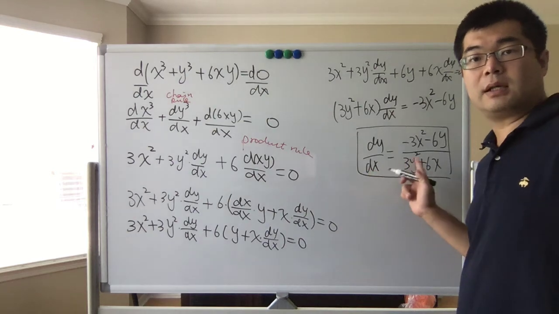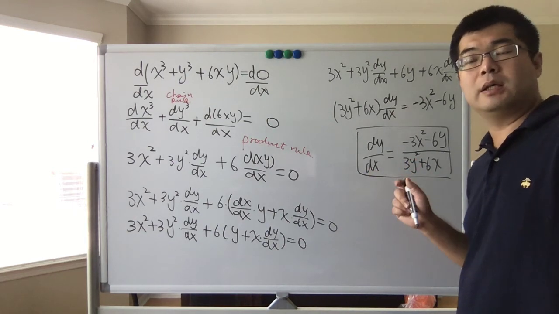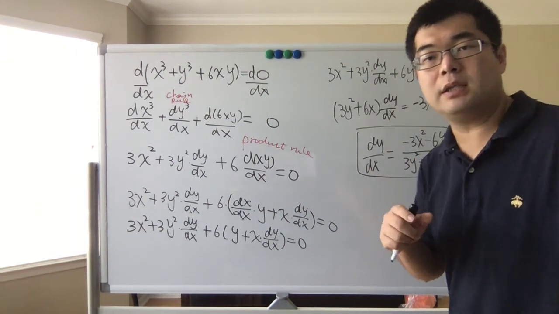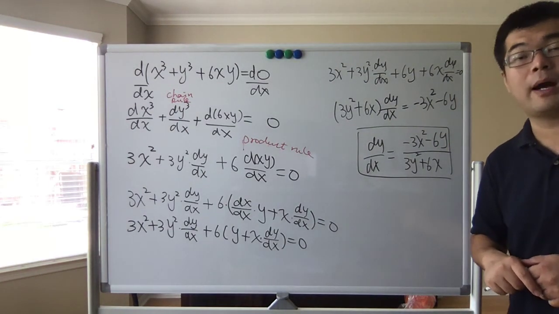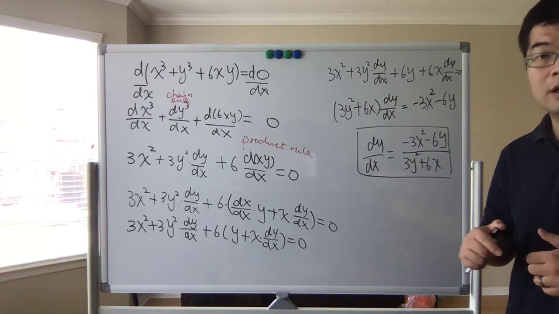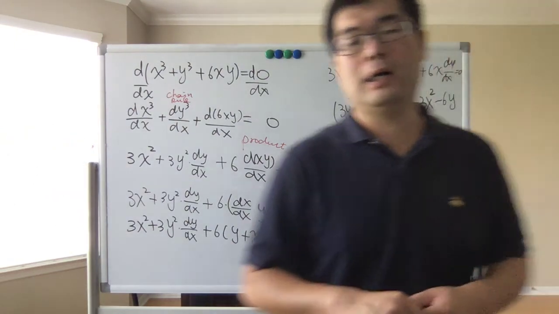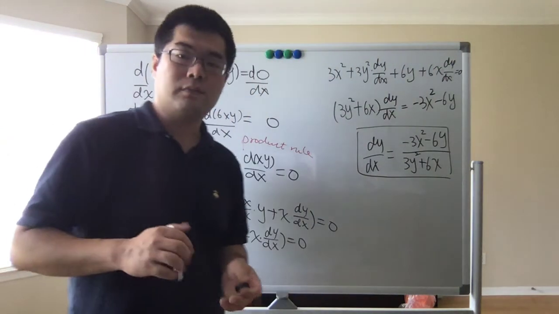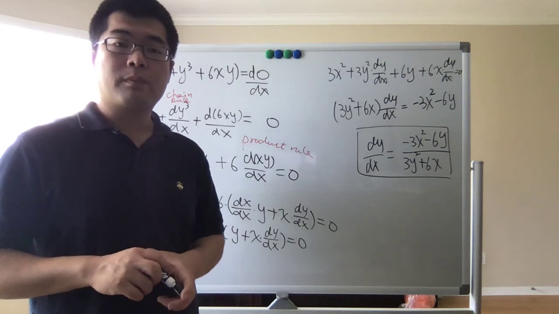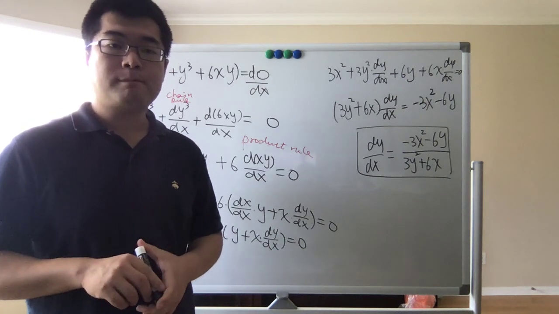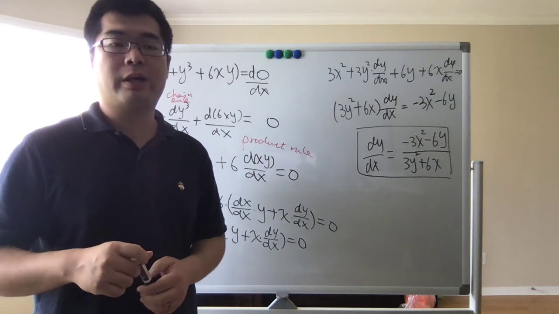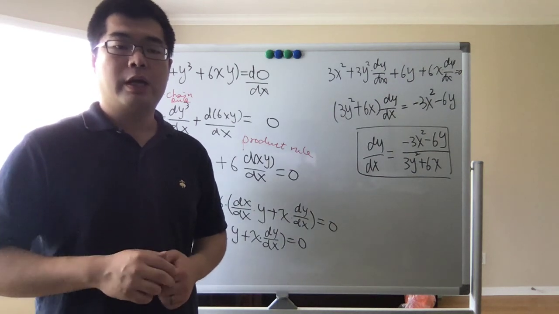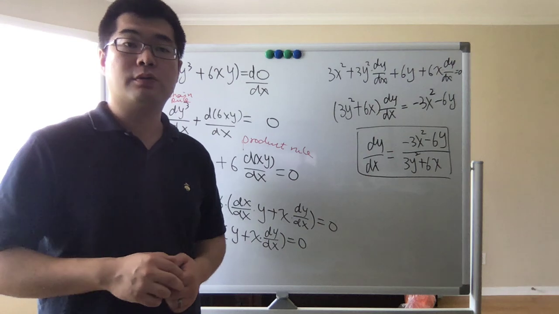So this is dy/dx. As you can see, guys, the result involves not only the independent variable x, but also the dependent variable y. So this is a problem for implicit differentiation. And so this is just the first part. In the second part, we're going to practice more examples, and then, okay, so I'll see you